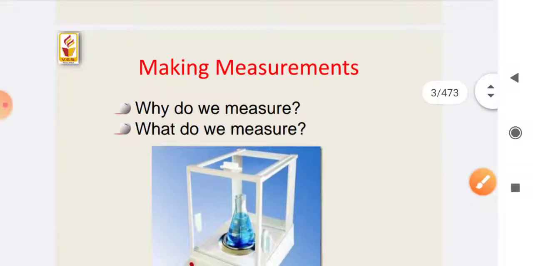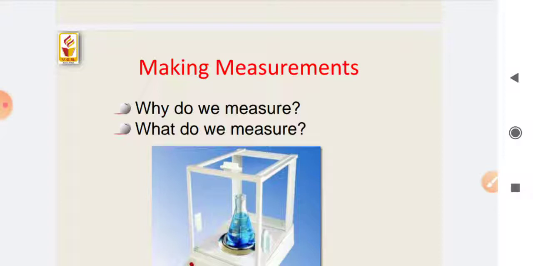So first of all, the basic question that arises is why we need to perform the experiment. For performing the experiment we will require certain output from that experiment. Suppose we are doing a certain volumetric experiment. For volumetric estimation, say general acid base estimation, in order to standardize we will be required to measure the volumes of our acids or base.